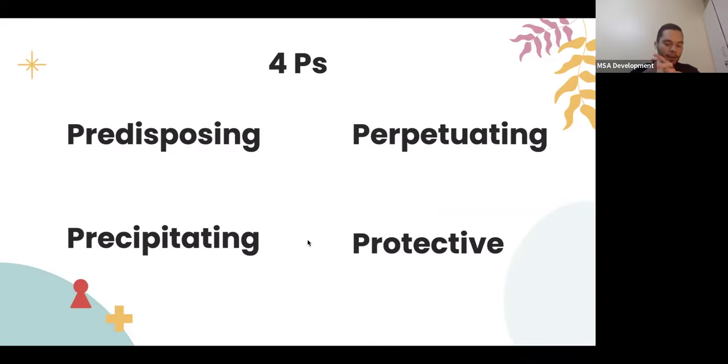These are again really simple. I doubt you'd get asked about this, just in case. Instead of explaining them, I have an example ready as well. I'll give you guys the example and you could tell me what are the predisposing, perpetuating, precipitating, and protective factors. So let's say you get a 30-year-old woman and she presents with anxiety, okay? She has a previous